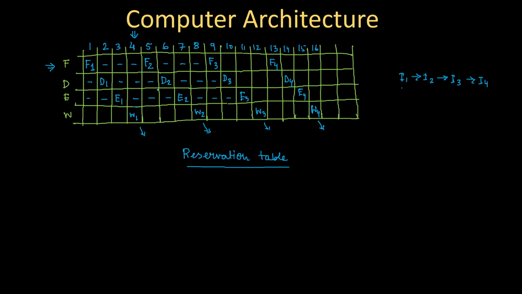So here the question comes: how can we make the system faster by utilizing the time that I am wasting by keeping the stages free in the intermediate time? And from this point the concept of pipeline came. So what is the concept of pipeline suggesting? It suggests that when decode is busy with some instruction, don't keep the fetch stage free. Use the fetch stage for fetching the next instruction and keep it already fetched.